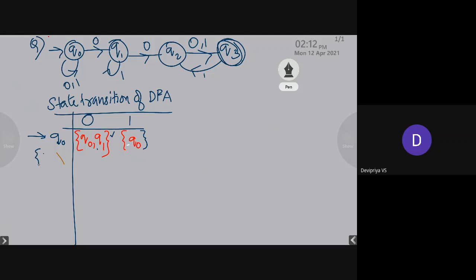Obtain the transition for Q0, Q1. From the state Q0, Q1, on receiving input symbol 0, it is moving to the states Q0 and Q1. Similarly, from the state Q1, on receiving input symbol 0, it is moving to the state Q2.